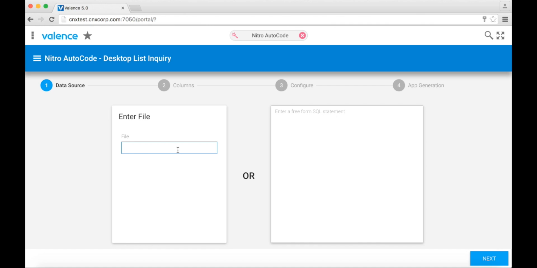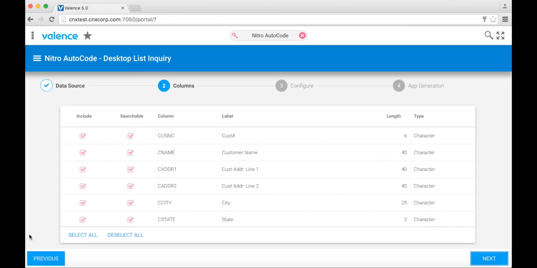For an SQL statement, you can join multiple files together and generally make your statement as simple or complex as you need. For this demo, I will use the demo CMAST file included in the Valence library. You can choose any file on your system as long as it's in your environment library list. You can move between the steps by clicking Next or Previous, or jump directly to a step by clicking its